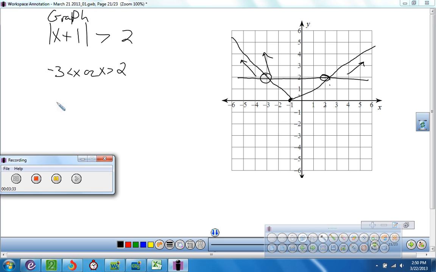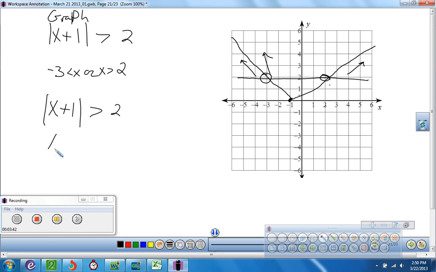Now, we could solve this algebraically just to prove that. First of all, remember it's a greater than, so it's going to be an OR problem. Alright, so let's go x plus 1 is greater than 2, or x plus 1 is less than negative 2. So we'll solve, subtract 1, so we get x is greater than 1, which